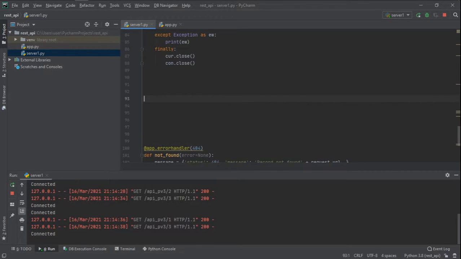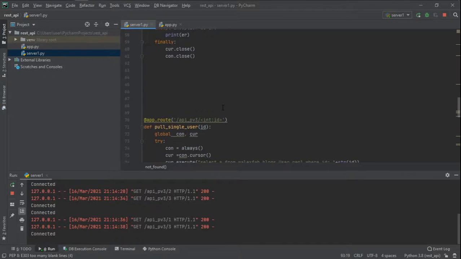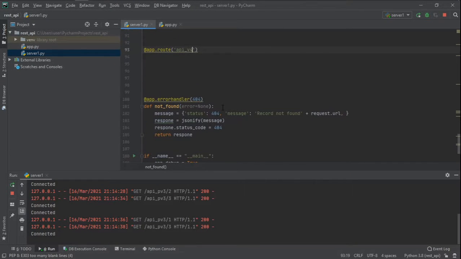App routes. app.route. Now we say api_v4. So this was v3, so I say v4. Don't forget the forward slash. Then we define the method. This time will be